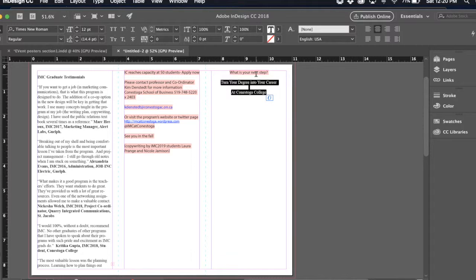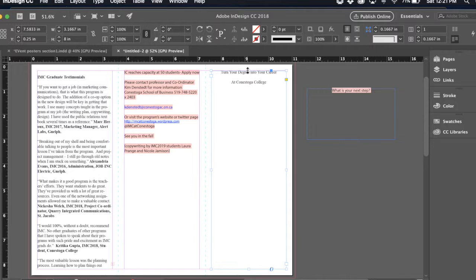Well, I can do that in a single text box, but if I want to do anything special with it and I want much more control over it, my best bet is to highlight that text, Control X, get rid of it, and draw a text box onto my pasteboard and Control V and paste it over here. Why would I do that? Well, I want to have more control over the placement of that box, so I'm going to create an individual box for that. And now my selection tool over here,